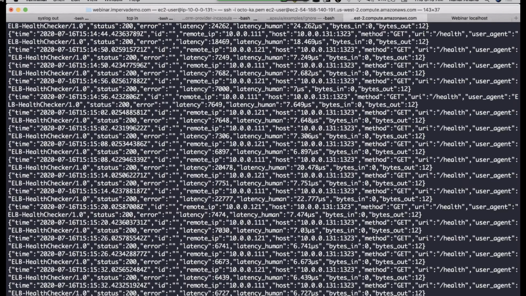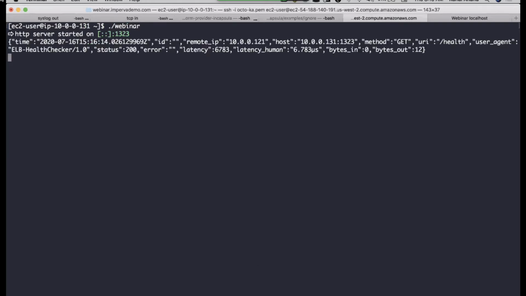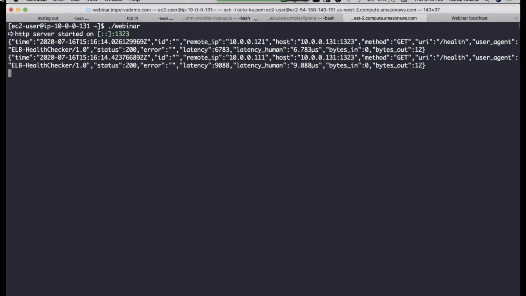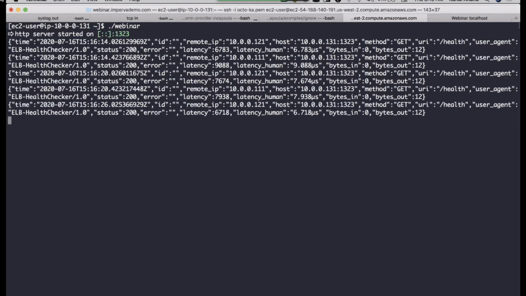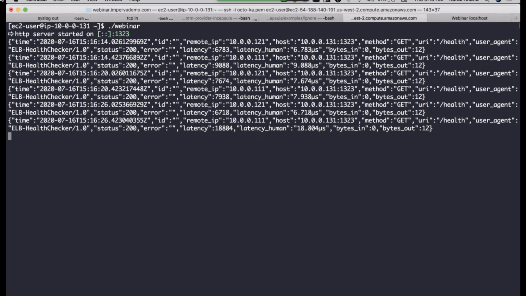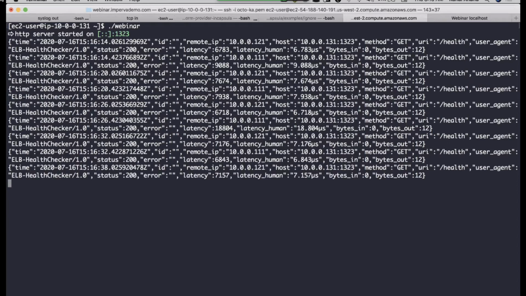In this terminal tab over here, this is where I actually have my server. And to launch a Go binary, it's just this. So now my server started, and in a couple of moments, you'll see things like the load balancer health check. Because I'm sitting on an EC2 instance behind a load balancer, you'll see the load balancer come by, go through the health check, and make sure that everything is healthy. If everything is healthy, you'll see the application come back up. And with that, we'll start diving into building and showing you some rules that we can use in this example application.